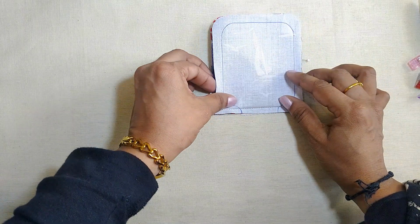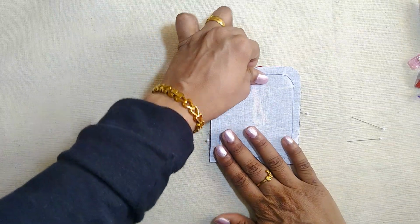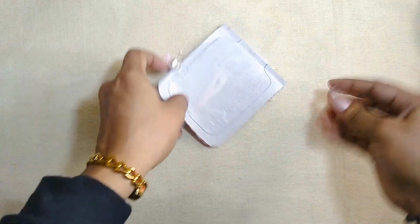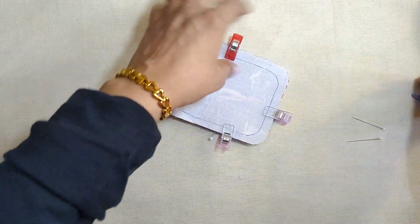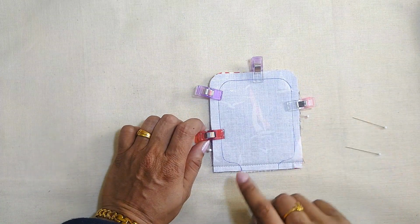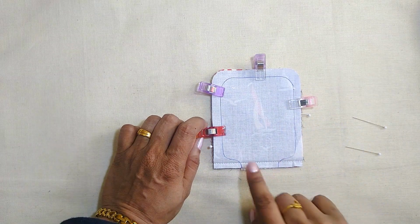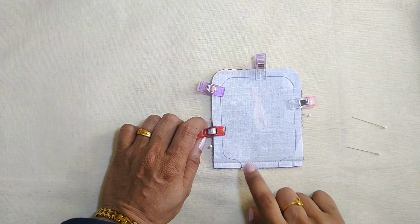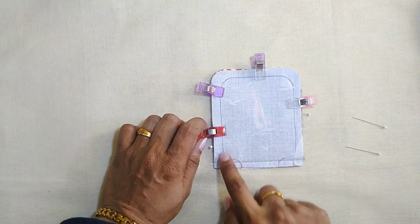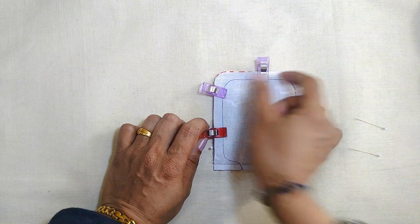Now fold the main panel back and clip in place. Okay. Now you'll have to take it to the machine and stitch along the stitch line. Okay, do not stitch down here. You just have to stitch all around and leave an opening at the top edge to turn